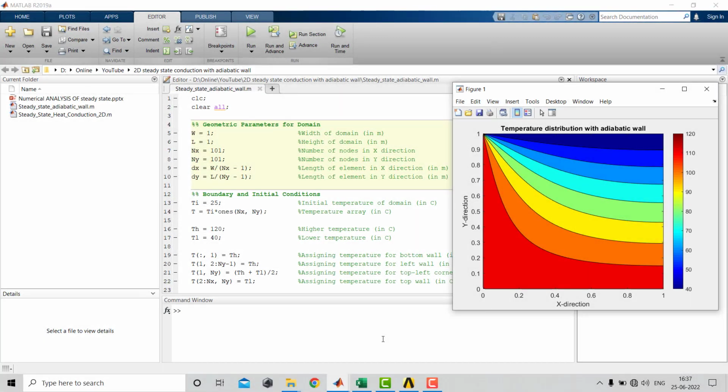In the previous video we developed a MATLAB code for a 2D steady state heat conduction problem where one of the walls has an adiabatic boundary condition while the other three walls have a constant temperature boundary condition. In this video we are going to perform a steady state simulation using the ANSYS Fluent software, and we'll